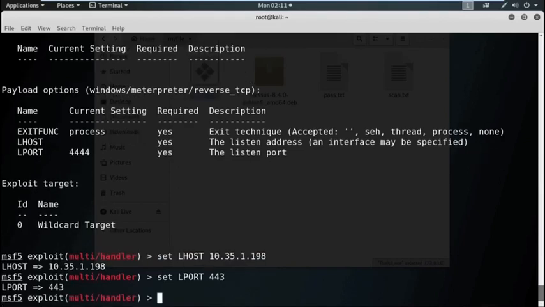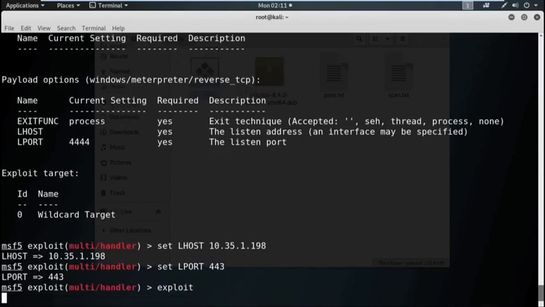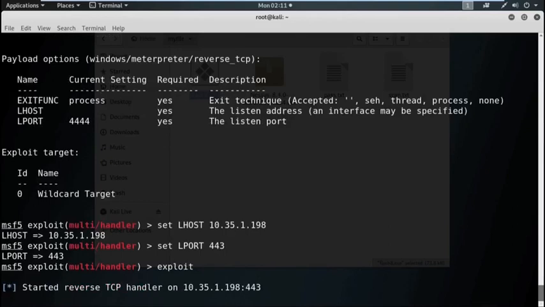Now, use the command exploit to open the handler, which can listen to the connection coming from the target machine. Exploit. Now the reverse TCP handler is on in port 443.